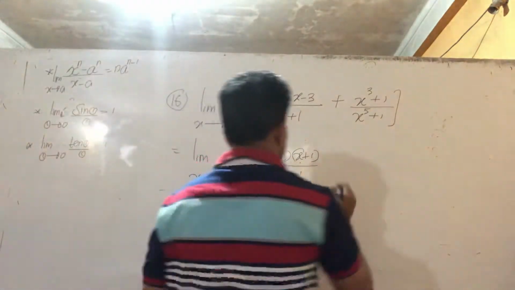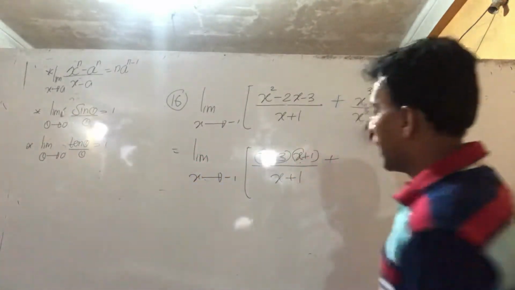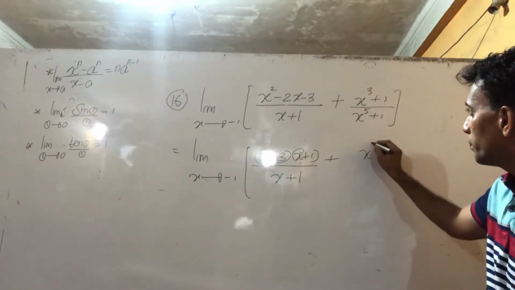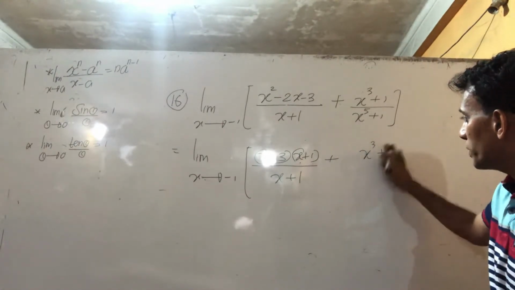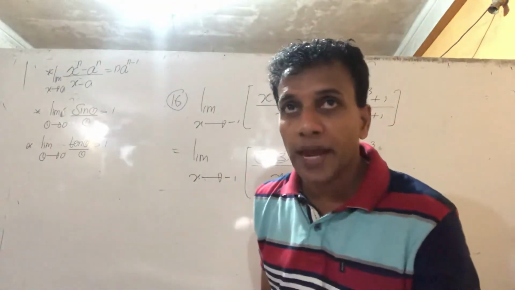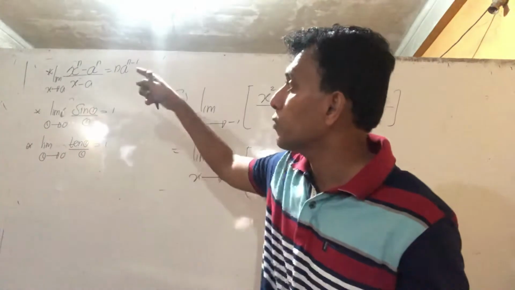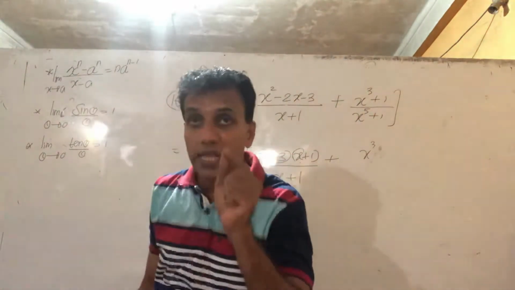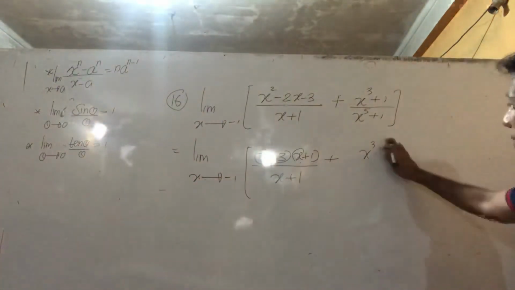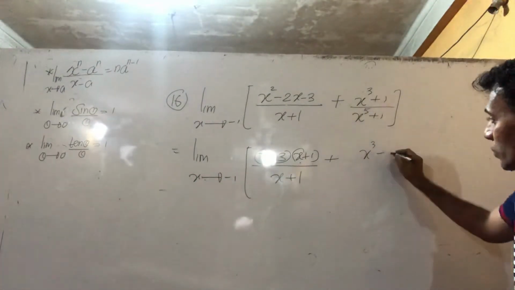And here write the standard form. x cube plus, we need the minus, you see? Standard form is x to the power n minus a to the power n, not plus in the middle. So it should be minus. So rearrange that. x cube minus,